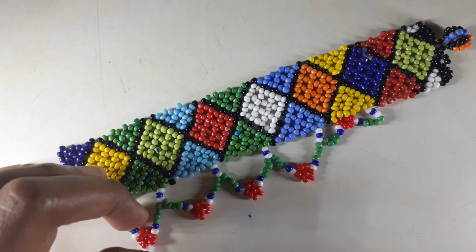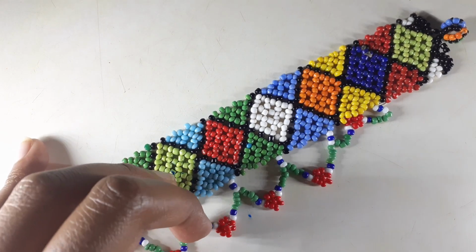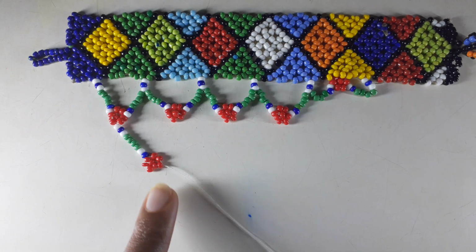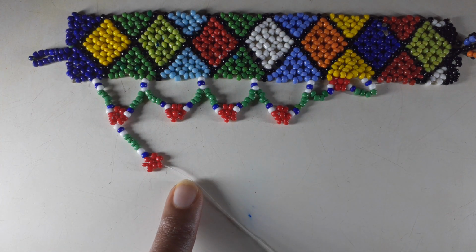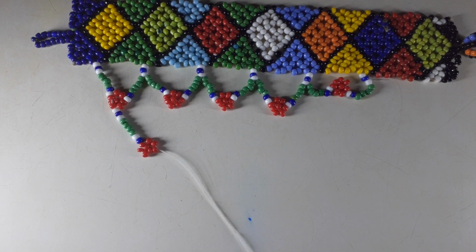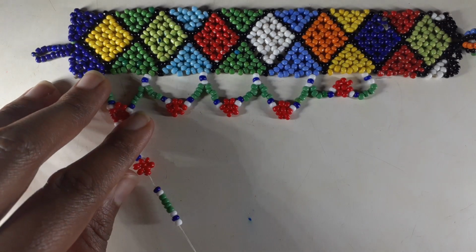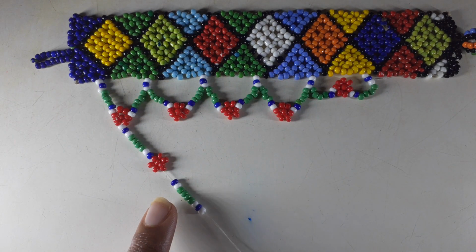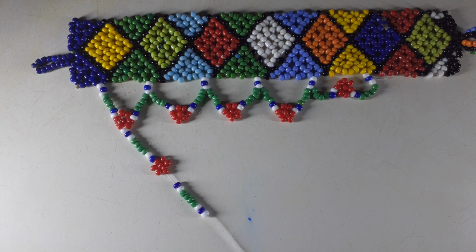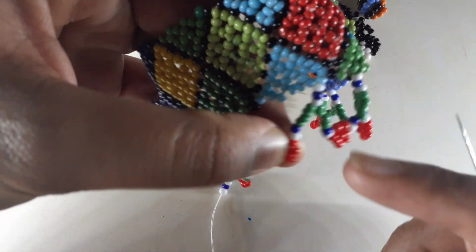And then I pick up blue, oopsie, let me put it like this, blue, white, 3 green, white, blue, white. I feel like I said 3 green instead of 4 green. I'm sorry. Blue, white, 4 green, white, blue, white. So now, at this point,